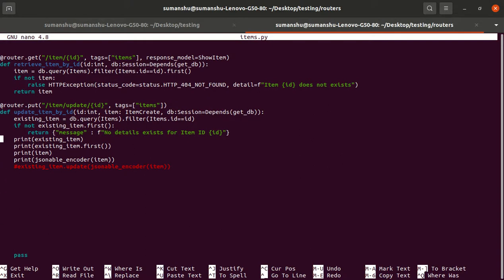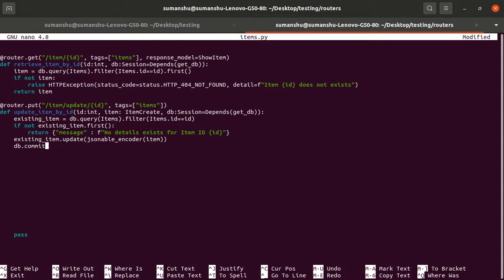So let me remove all the print statements, because they are not required in our actual code. Now we have the jsonable_encoder, so in the update query I pass the jsonable_encoder. After that I have to commit.